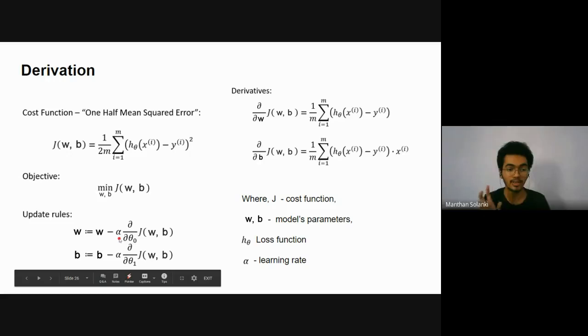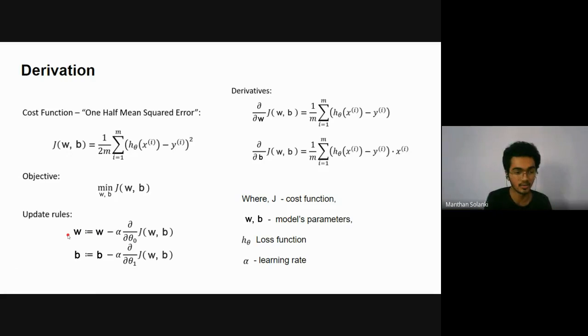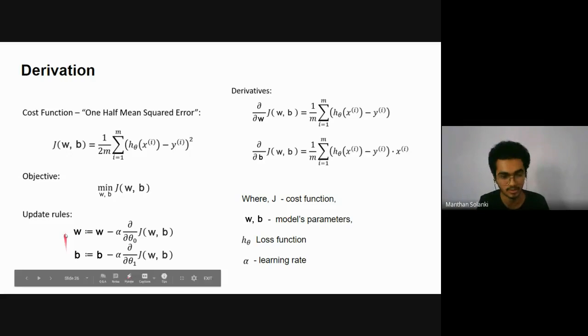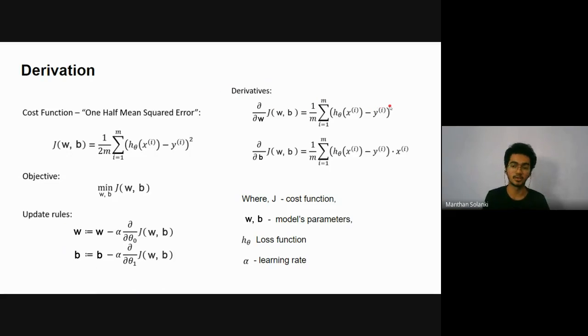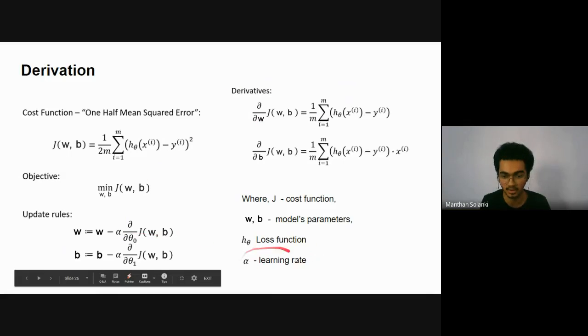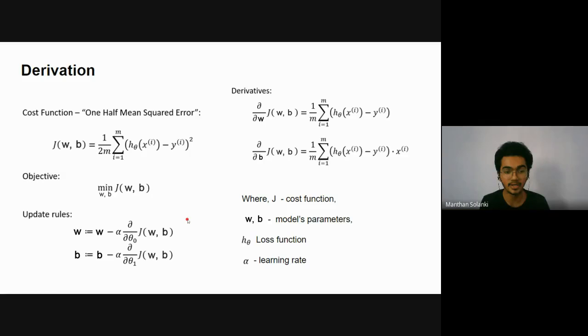I have to subtract something from our available variables. So this is the derivative term. We know the derivative of a power: the power comes down as a multiplier and the power becomes power minus 1, so the 2 will be removed. This derivative term will be multiplied by alpha. What is alpha? Alpha is the learning rate. I will explain what the learning rate is in the next slide. This combination of multiplication, I will subtract from our parameter. So after one iteration, I have updated my parameter.